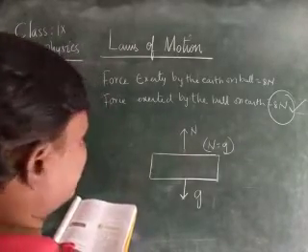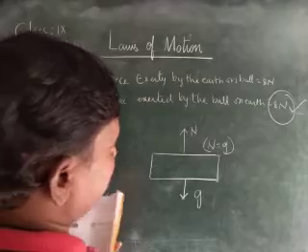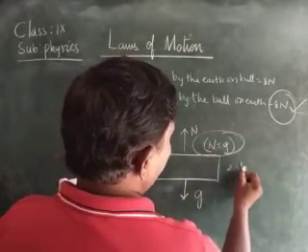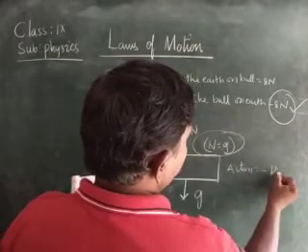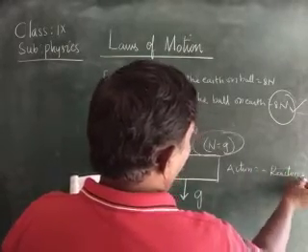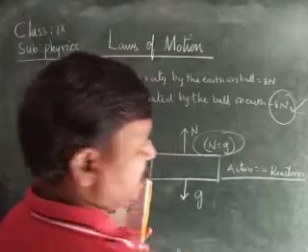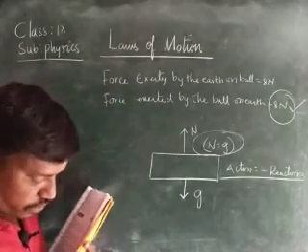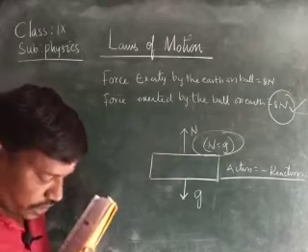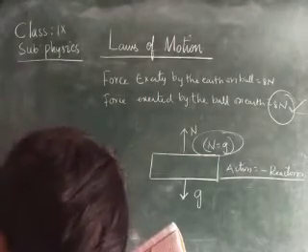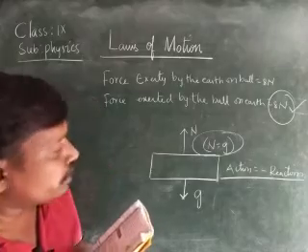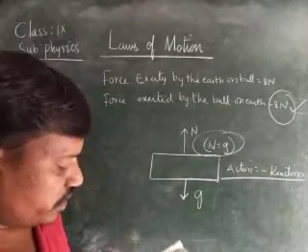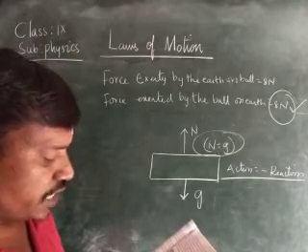Do they form an action and reaction pair? No. Even though they are equal, they won't form an action and reaction pair. Why? Because here no action is taking place. As it is in the rest position, no action is taking place. In order to see Newton's third law, they should be in motion. As they are not in motion, we say that they are not an action and reaction pair.